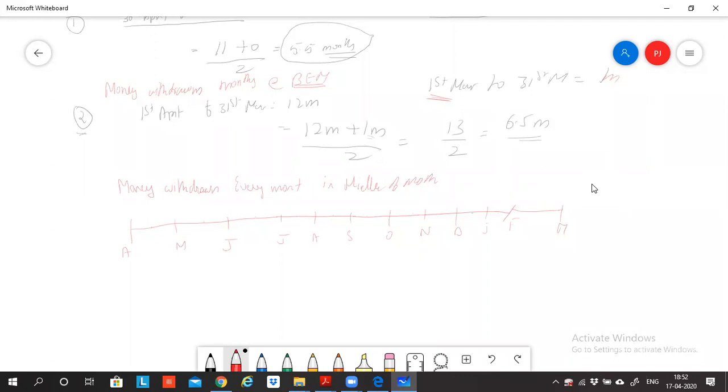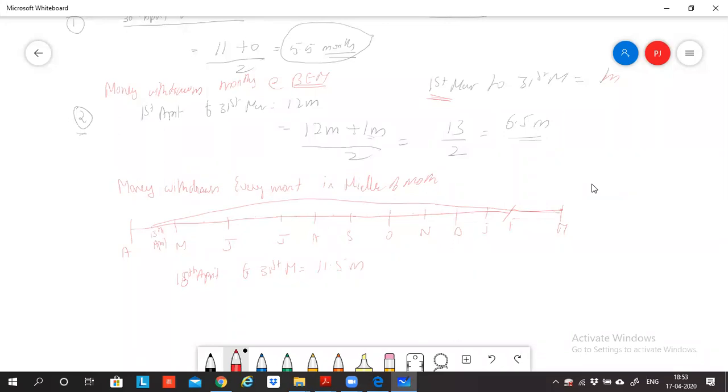If I'm withdrawing money every month, now as per the formula, the money is withdrawn first time from that date. So the first time I'm withdrawing is on 15th of April, correct? So from 15th of April till 31st March, how many months am I enjoying this money? Half a month, sir. It is 11 and a half months. So from 15th April to 31st March, it is 11 and a half months I'm utilizing this money, correct?